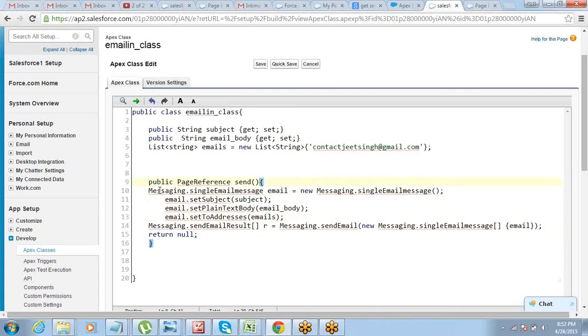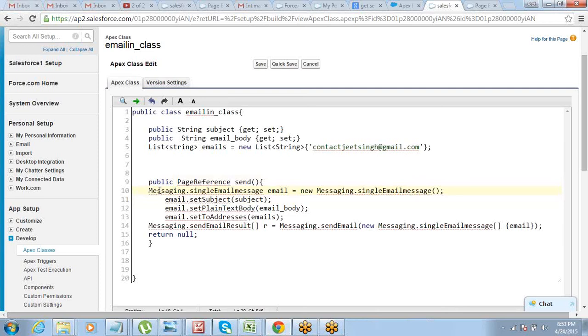We are talking about this controller, right? We are talking about this class, right? Yes. So you're saying that in this class, does it make a difference if I put page reference somewhere else, right? That is right. Okay, so you can put it wherever you want.